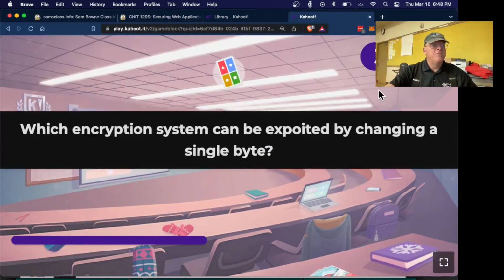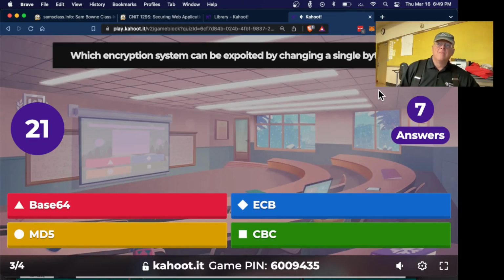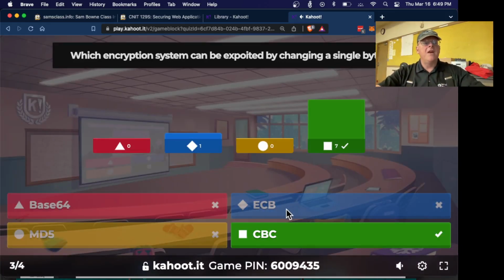All right, which one can you exploit by changing a single byte? That's cipher block chaining. That's the one where changing one byte will do some collateral damage and then change just one byte later.